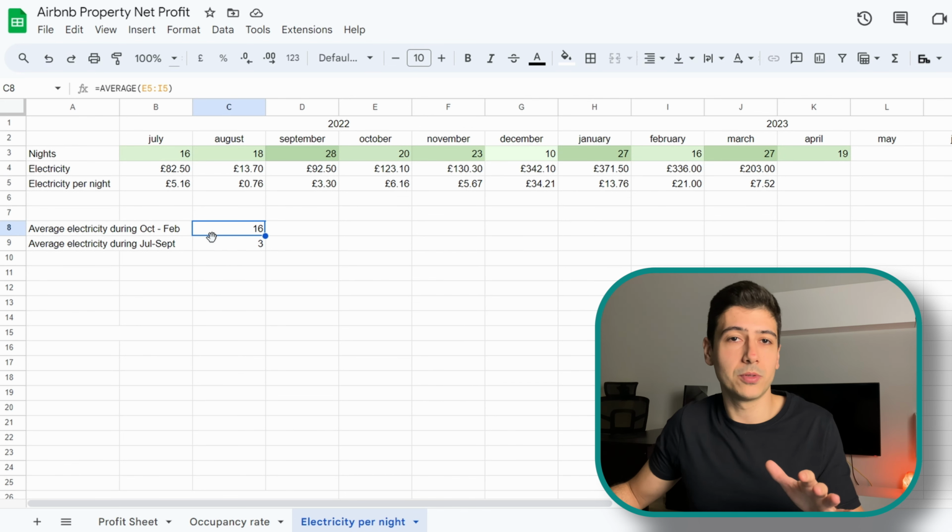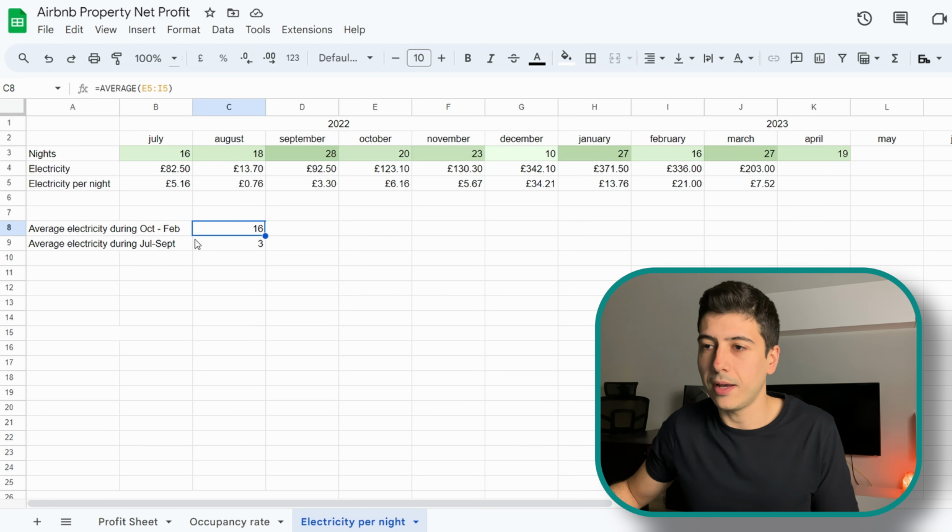And I've grouped them together from October to February because the temperatures are dropping and guests are really using more electricity because of heating. And you can see that the average electricity during winter is 5 times more expensive than during summer. And this is understandable. And this is just a simple sheet that can help you understand your energy bills with regards to the nights